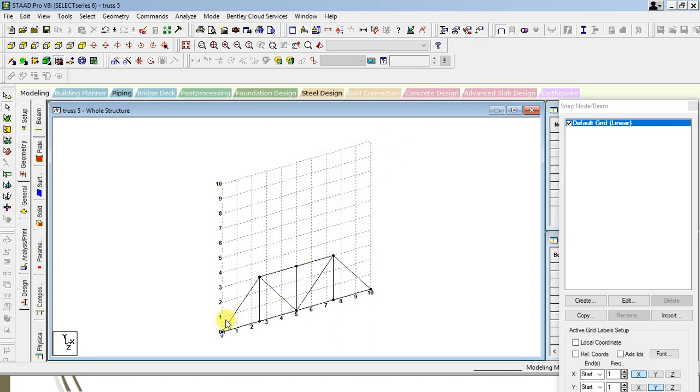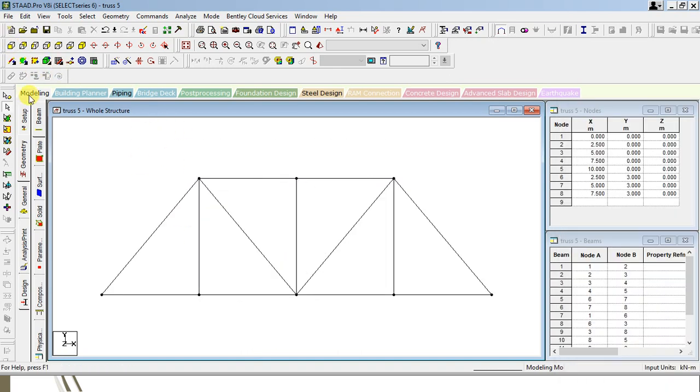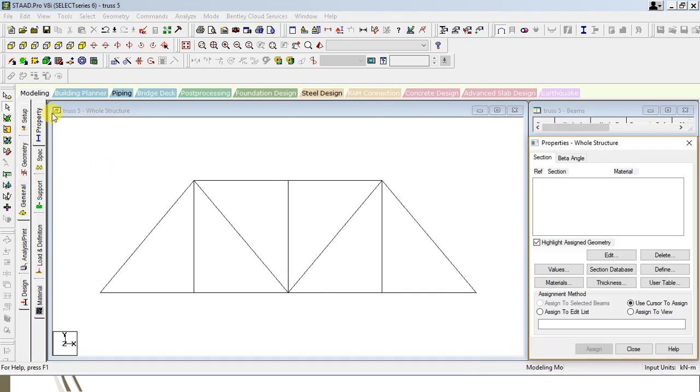Okay, now you can see here that the Pratt truss model is transferred in STAAD. Closing this grid view, you can see the model is directly appearing on the screen, so there is no need to add the nodes as well as add the beams. Now directly you can further follow our regular procedure. So property, then select over here section database,